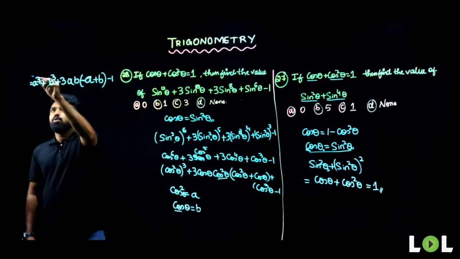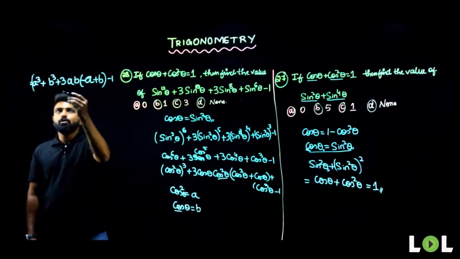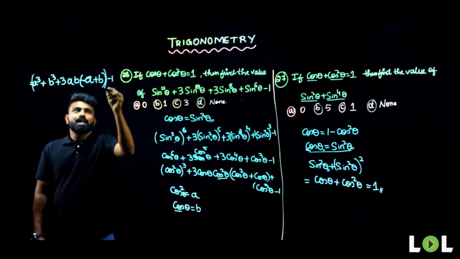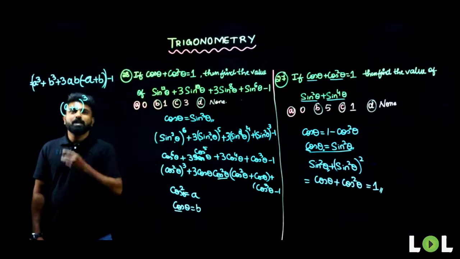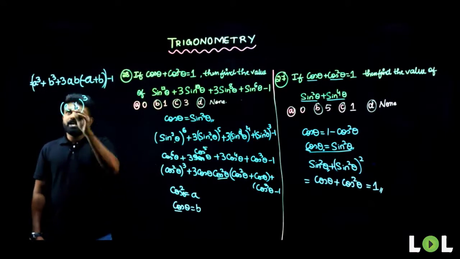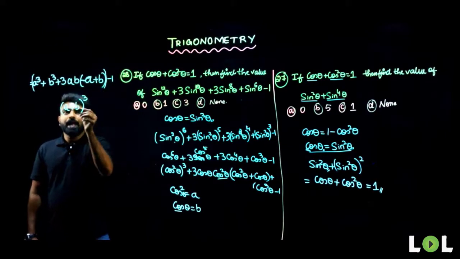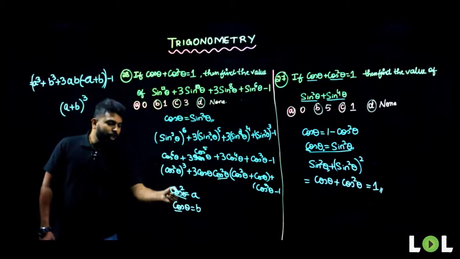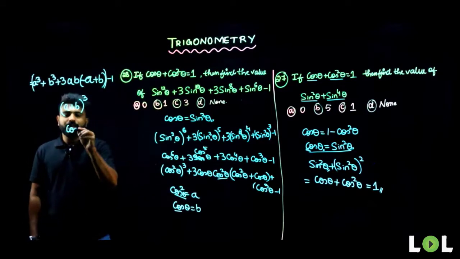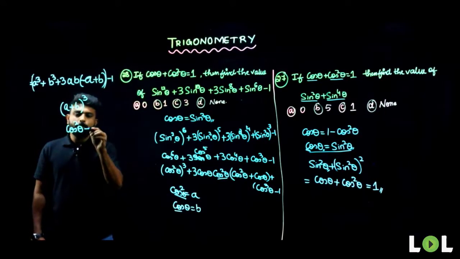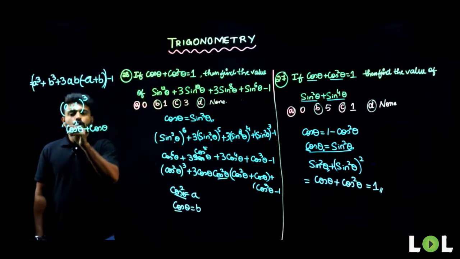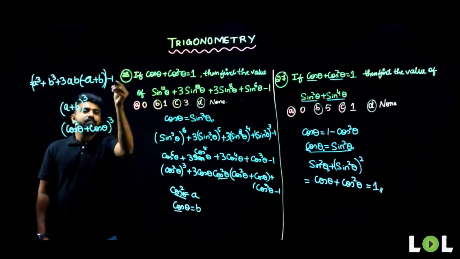Now look at this. What is A cube plus B cube plus 3AB? That is nothing but A plus B the whole cube. This is of the form A plus B the whole cube, so I can replace this entire term by A plus B the whole cube. So what is the value of A? Value of A is cos square theta. Value of B is cos theta, the whole cube, and we have 1 minus 1